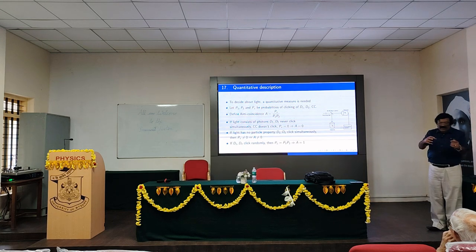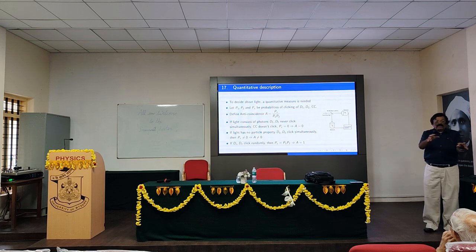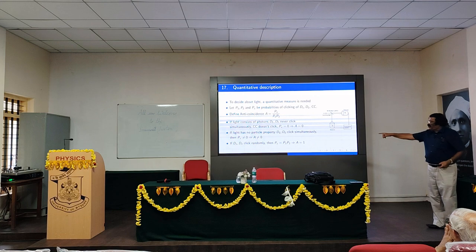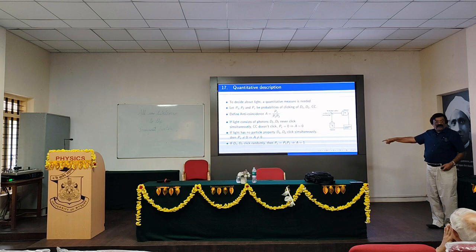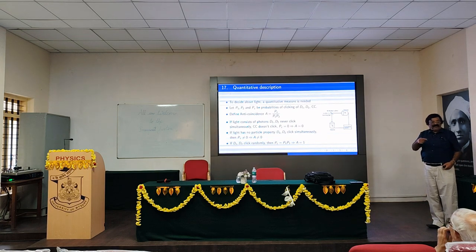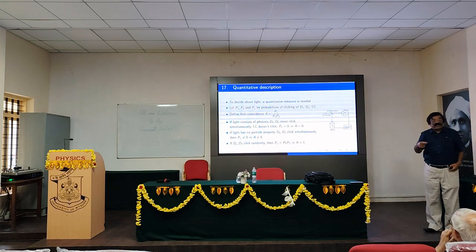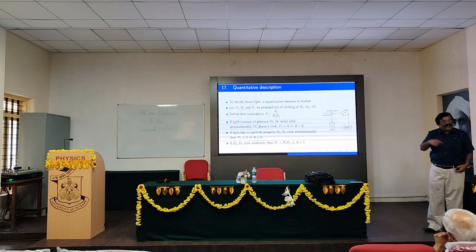Then if there are two events occurring randomly, the probability that both of them happen is given by the product of the individual probabilities, which means PC is equal to P1 P2. So if you put PC equal to P1 P2, then A will be equal to 1. So there are three situations. One is concerned with particle nature, the second is concerned with wave nature, and the third is concerned with the nature of the detectors, right?